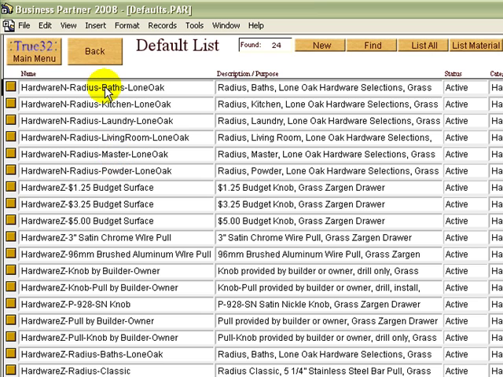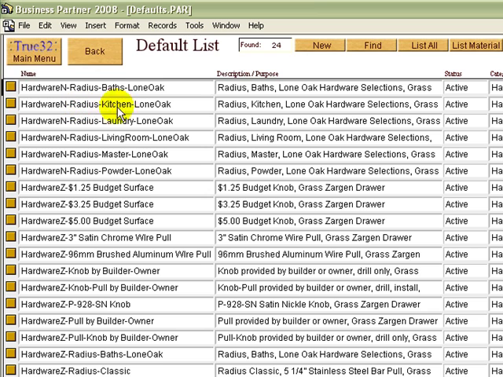and the rooms. What that means is when I choose this first item, hardware in, radius, baths, Lone Oak, I'm going to be choosing a Nova Pro drawer for what they call their Lone Oak package, which will also choose their surface hardware selections as well. You can also have these; down here we have some generic surface hardware selections, hardware, Zargen. This would have a pull, so it would charge $2 per pull for the labor as opposed to $1 for a knob. And the surface hardware itself is going to be supplied by the builder or owner. So you can have all different types of these default material selections,